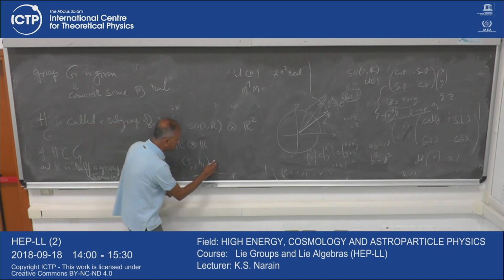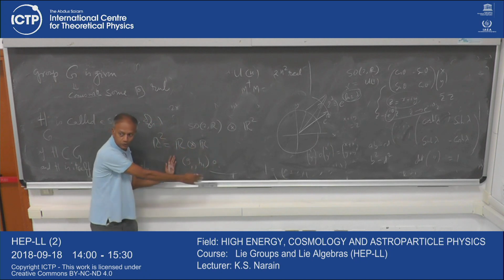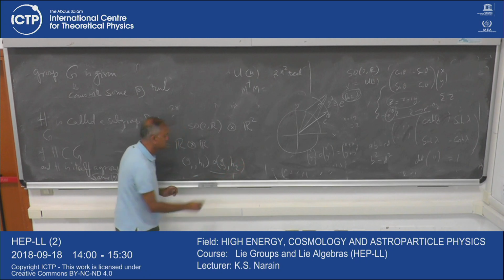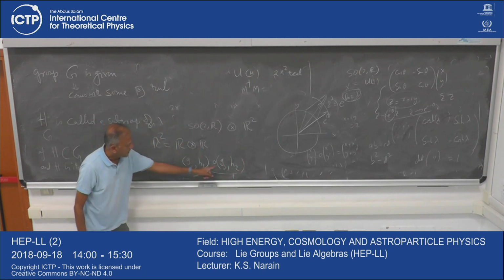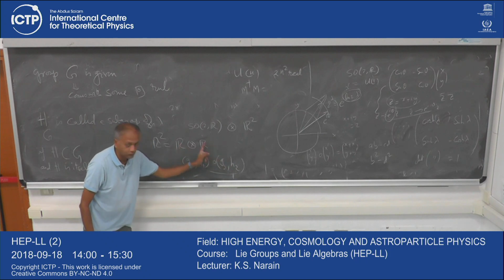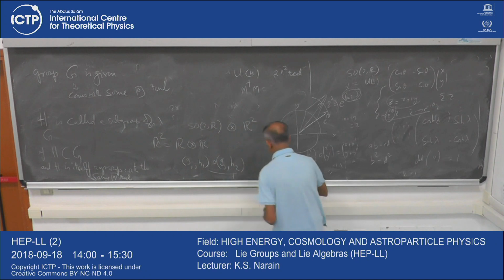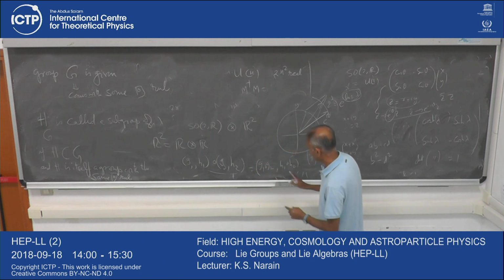But then I want to define a composition rule in this big group. So suppose I have now G2, H2. I take a G1, H1 element, G1 from here, H1 from there, and another element, G2 from here, H2 from there. Then the composition rule is simply this: G1 times G2 and H1 times H2, where I should emphasize